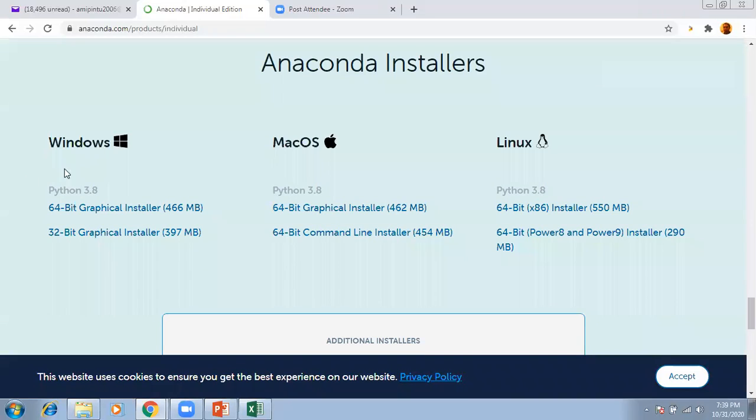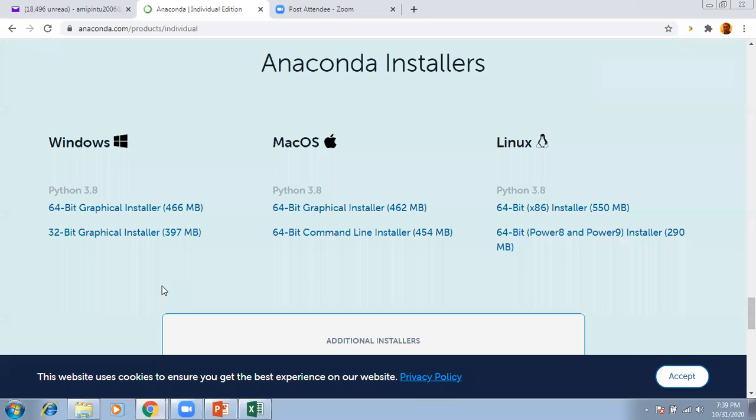So over here, Windows. If you're using a Mac, you click over here, or Linux, but I understand most of you will be using a Windows platform. For Python 3.8, this is the latest version. You click on the 64-bit graphical installer. As soon as you click it, it'll start getting downloaded onto your local drive. An exe file will be downloaded.